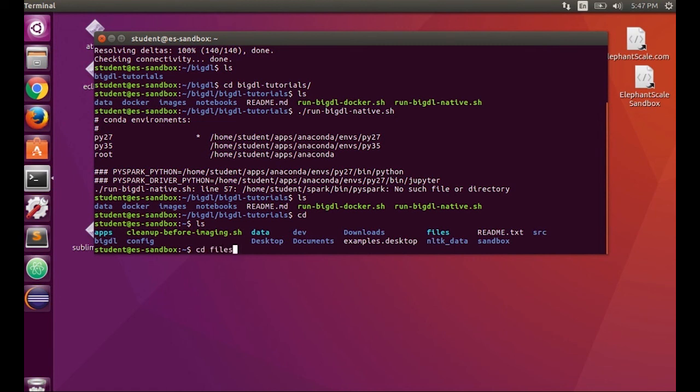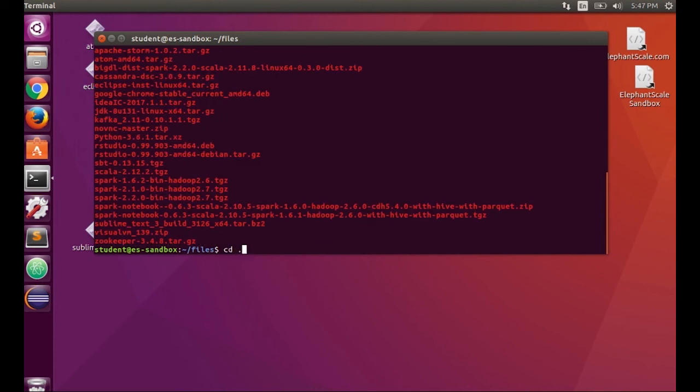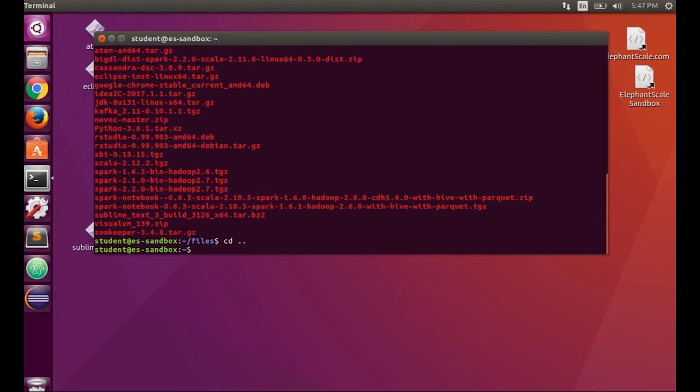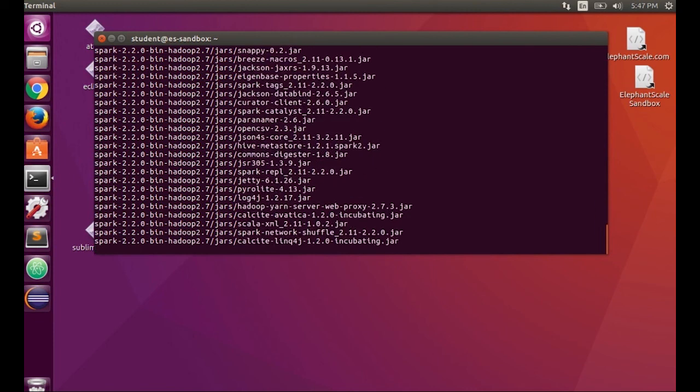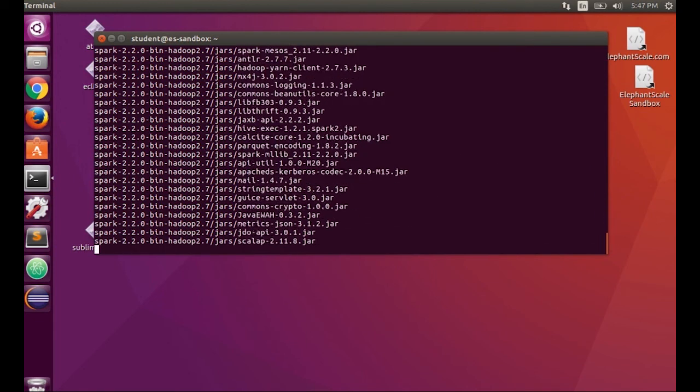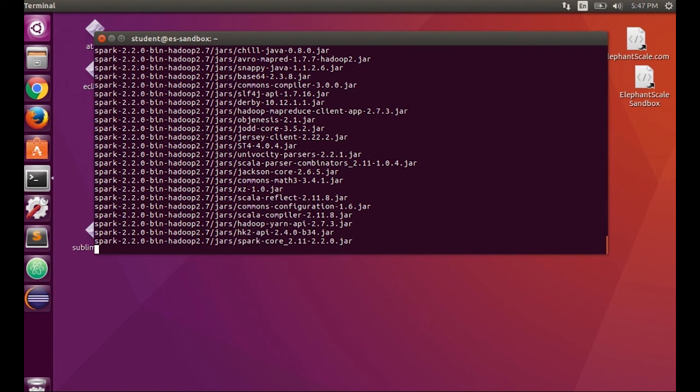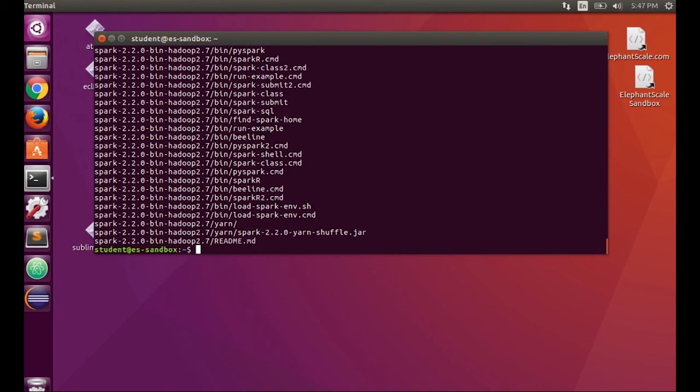So to do that, we'll go to Files, and we'll say tar xvf files spark 2.2 -bin -hadoop 2.7.tgz. And we'll move that to Spark.